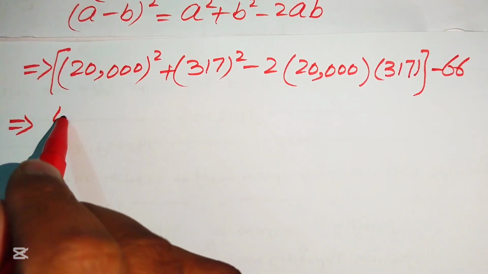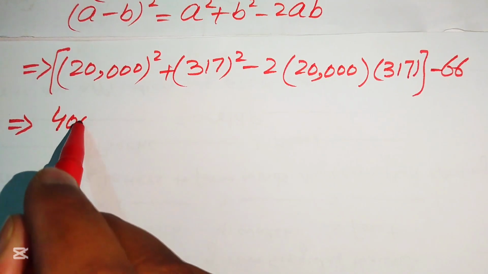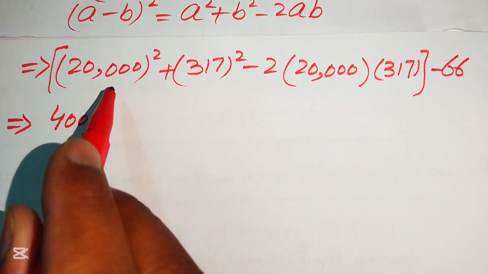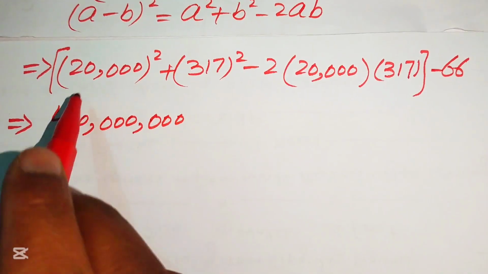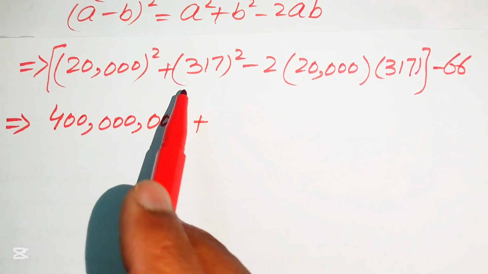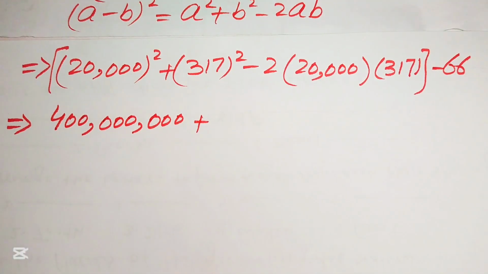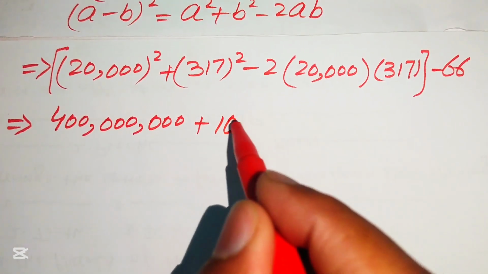the 2 square equals 4, and here we need to double these zeros. These are 4 zeros, and when you take the square, it becomes 8 zeros. Okay, so these are 8 zeros, we can put them here, and now we need to multiply 317 square. So you can easily find the square of 317. So the square of 317 is equal to